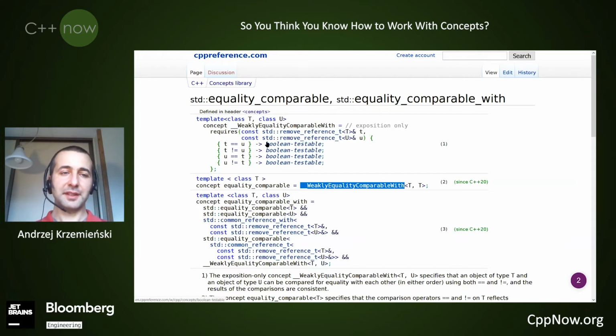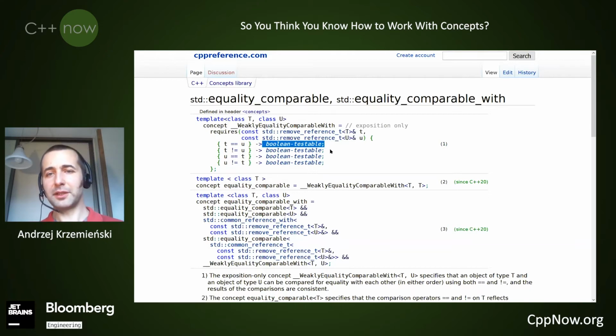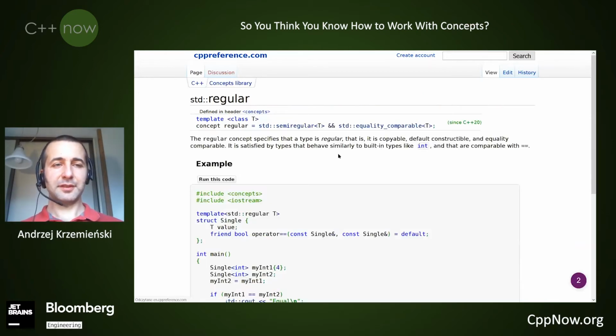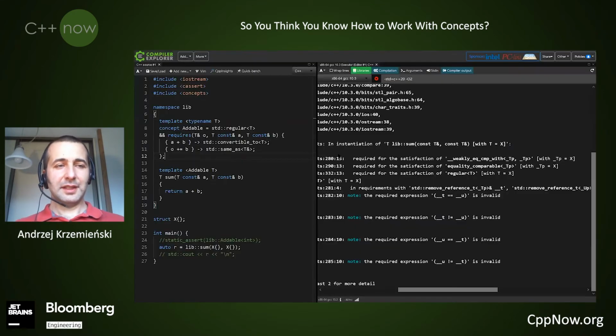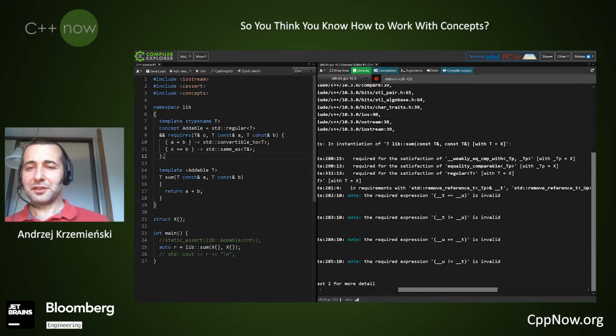In the requires expression, it's required to be constrained by another implementation-defined concept. And it is all requirements that the implementers of the standard library must provide in order to make the overloading based on concepts, which is a very fragile process, work correctly. So even though we cannot see it, this is not the implementation details of my algorithm, but this is implementation details of concepts.